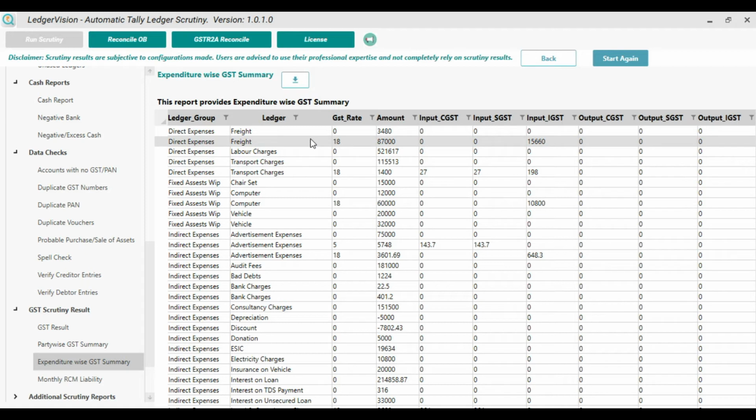Now this is a very important report from the point of view of filing GSTR 9 and 9C. You can download this report by clicking this button to Excel. And after downloading it to Excel, you can add two columns over here. GSTR 9 requires you to give details about total GST on services, GST on capital goods and GST on normal goods. So by adding a column, this ready-made segregation is available to you. You just have to read the nomenclature and write whether it is service or capital goods or goods. And when you finish with the list, use a pivot table and you will get ready-made data as required by 9.